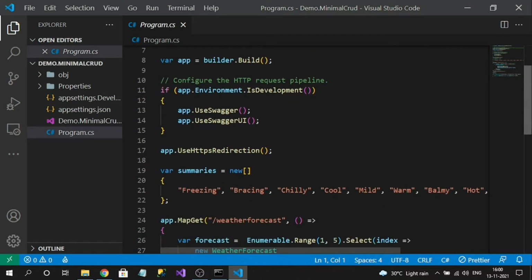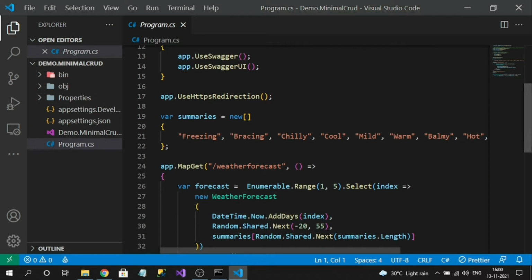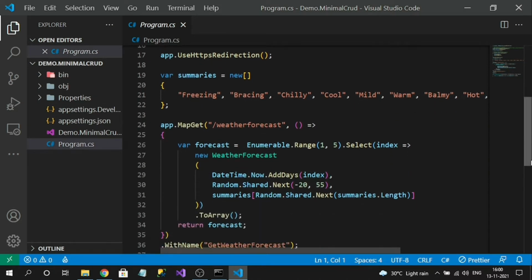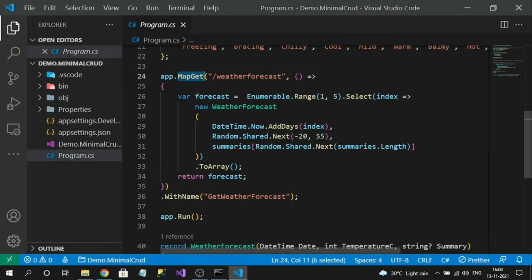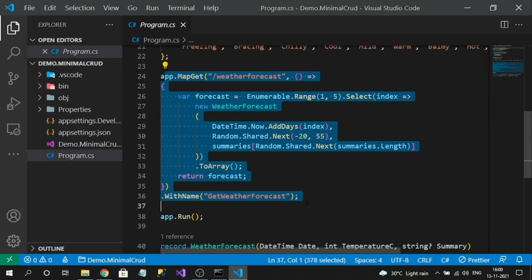By default, we added the minimal flag while creating the project, so it gives us a sample minimal endpoint. If you observe here, MapGet is one of the endpoints used to execute the minimal endpoint. MapGet has two parameters: the URL, which is the route, and then the delegate. The delegate is nothing but a method where we can write our own logic that gets executed for this route. This is how minimal API works.